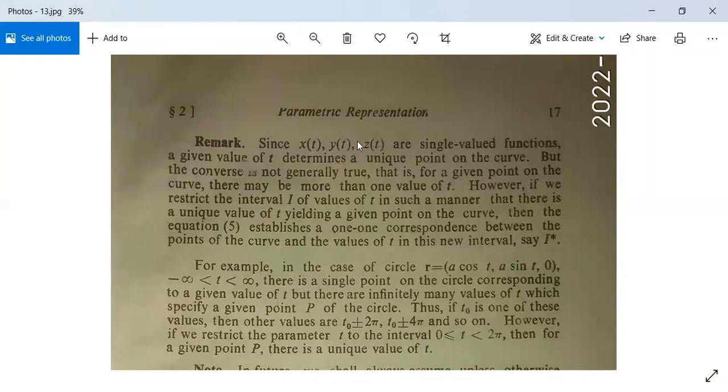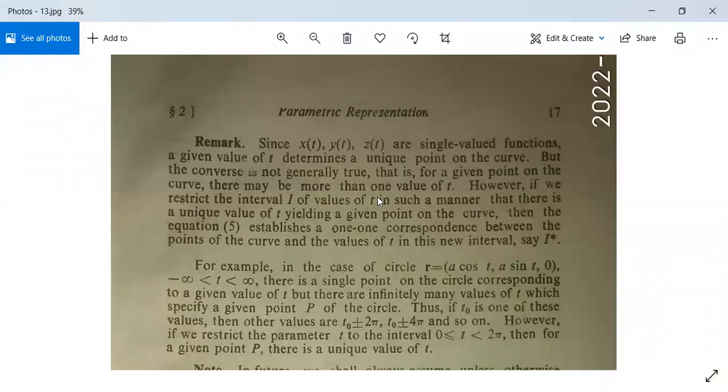देखो, जहां से कर लिए थे उसके आगे हम लोग चल रहे हैं। तो रिमार्क है, since x(t), y(t), z(t) are single valued functions of a given value t, तो t हमारा पैरामीटर हो गया। This t determines a unique point on the curve, तो इस t की वजह से ये एक यूनिक पॉइंट हो जाएगा। But the converse is not generally true, that is for a given point on the curve there may be more than one value of t, यानी कि कोई पॉइंट अगर कर्व पे दिया हुआ है तो उसके लिए t की एक से ज्यादा वैल्यू यू कैन गेट।